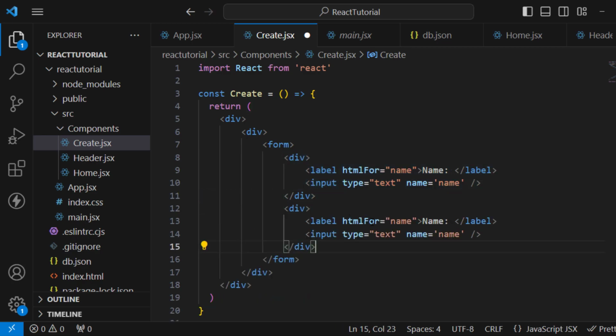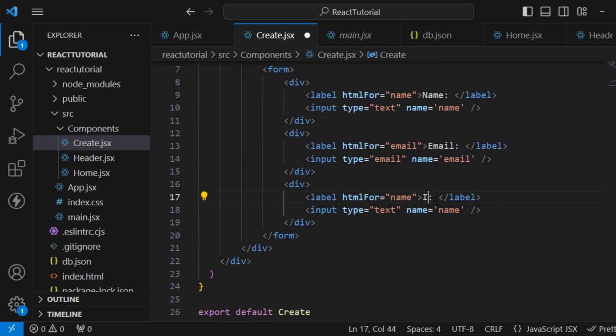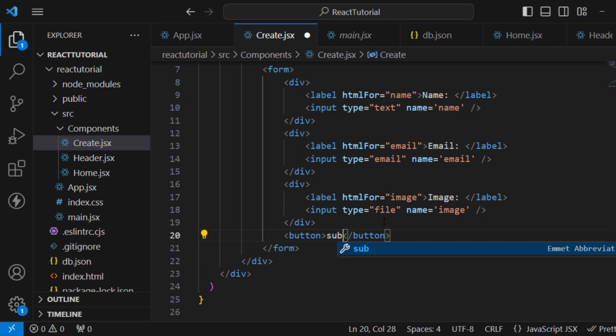Paste it. This is for email, and let's change it, and also change it, and also another one for image URL. So this should be an input file, that should be file, okay. Type should be file, and that is image. Now let's create another button, submit,